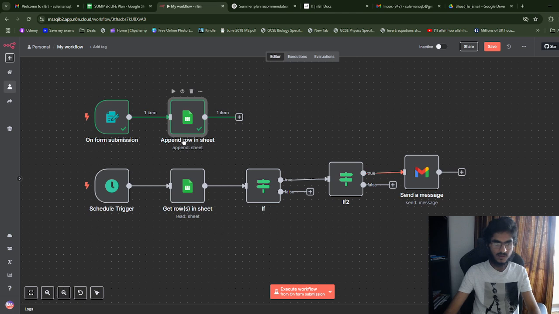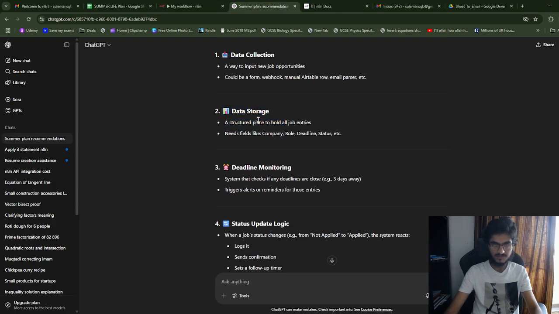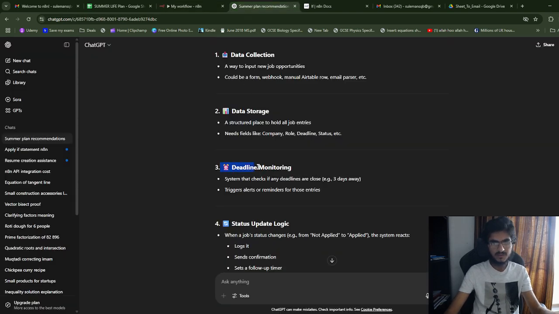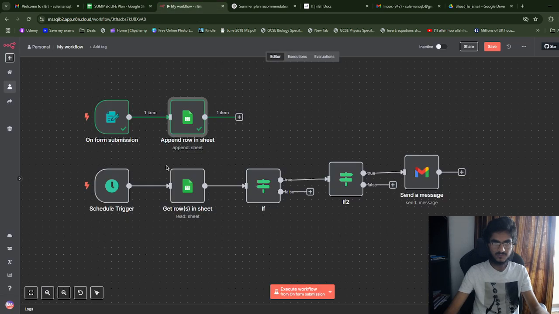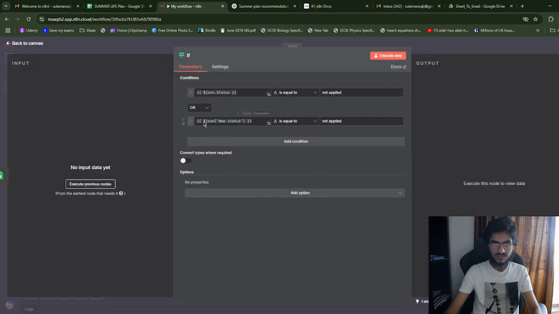Okay, and then GPT told me to store the data into a Google Sheet. Then number three was deadline monitoring, right? The system checks if any deadlines are close. So what I did was first of all schedule a trigger, so it checks every day and gets the data from the sheets, and if our status is